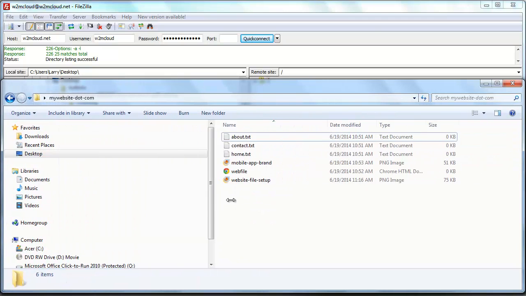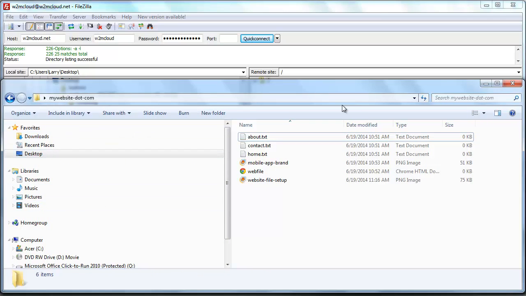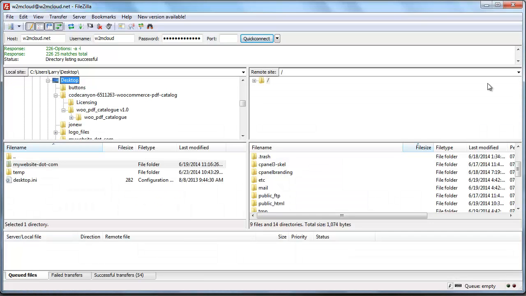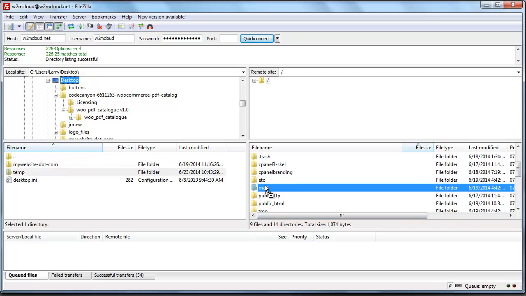If you look on the left hand side, you've got one group of folders. On the right hand side, you've again got another group of folders. And generally when you're working with folders, all you need to do is select them and drag them to where you need to go. The same is relevant for FileZilla. Once you have access to your server, you can literally just start dropping files from your computer onto your server.